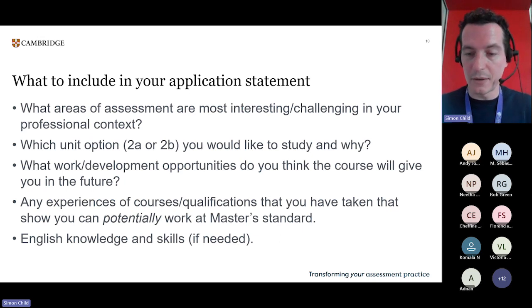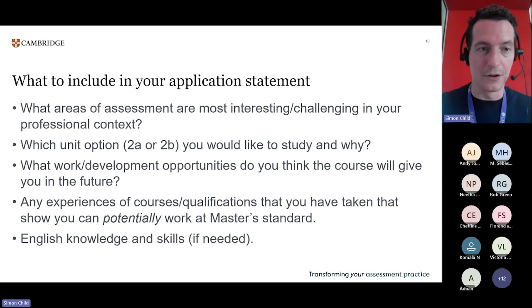So the sorts of things that we suggest you could include as part of your application statement would be what areas of assessment are most interesting or challenging in your professional context. Previous examples in the past have been that people are making some kind of transition from paper-based assessment to digital, or they're wrestling with the challenges of artificial intelligence. So what is challenging to you, and why would this course support your learning and your development in relation to